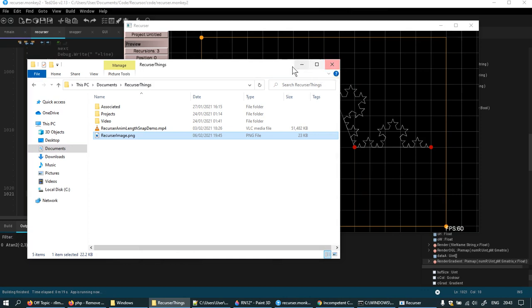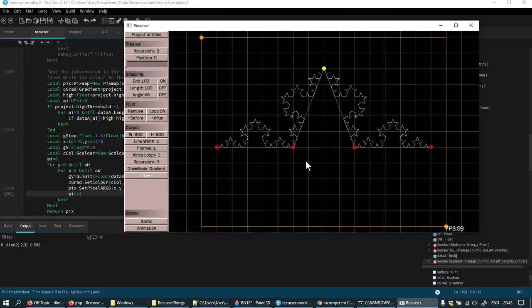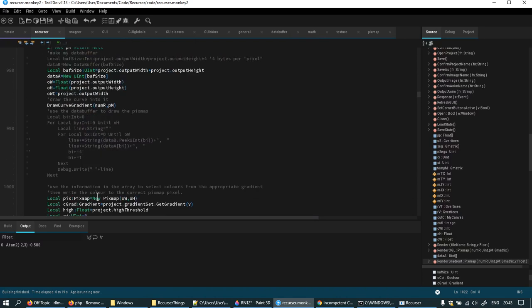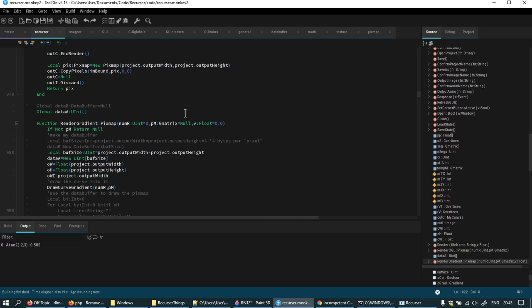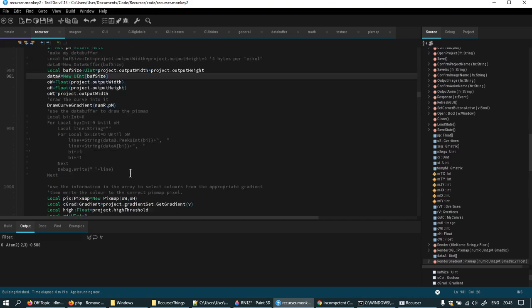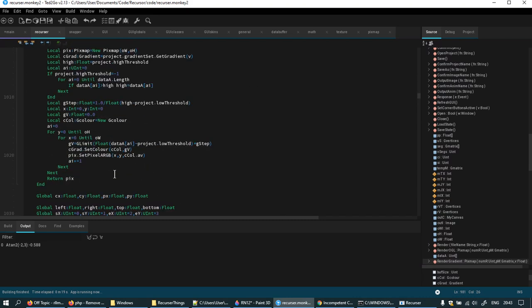Now, I'm curious about some things. I'm curious about how long it takes to render that. I'm curious about how different things would speed it up, changing the array into a data buffer, working on this loop so that I basically wasn't making function calls, or making very few. Also, can I assume this is right? Because